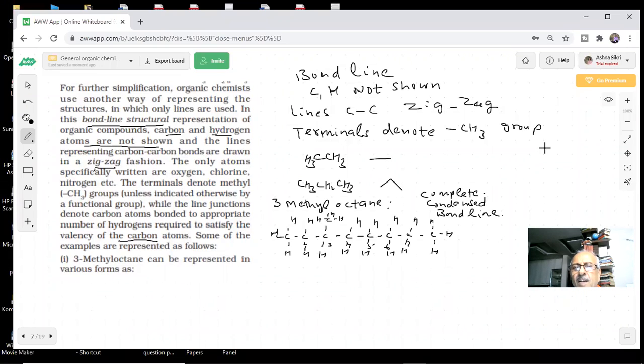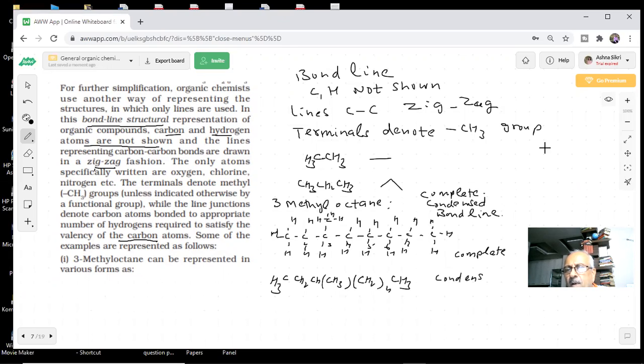Now what is the story here? If I have CH3, this is my CH2, and here you have CH and there is a CH3. How do we write? We put a bracket here. How many times? 1, 2, 3, 4 times. CH2 4, CH3. Am I right or wrong? Right, sir. Okay, check it out. There could be some mistake from my side. Condensed form, complete form, students.